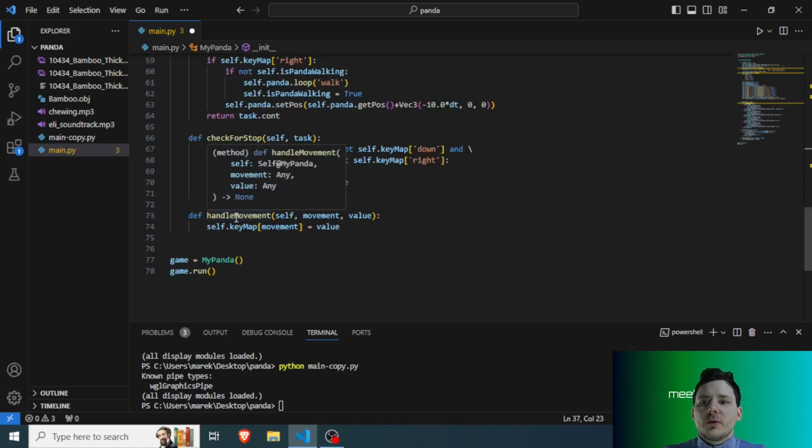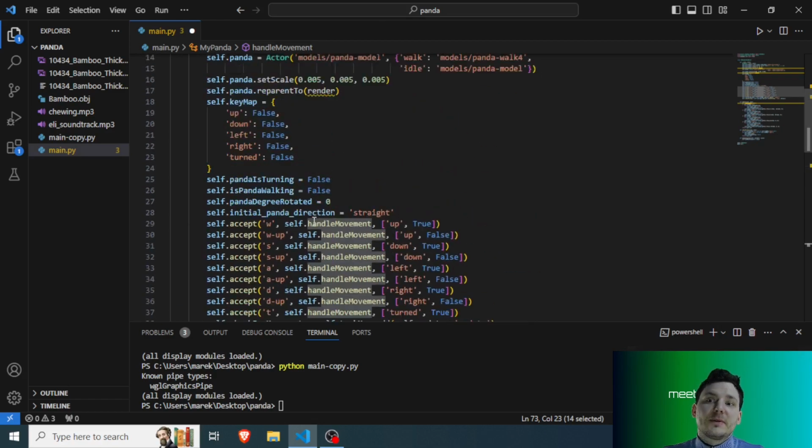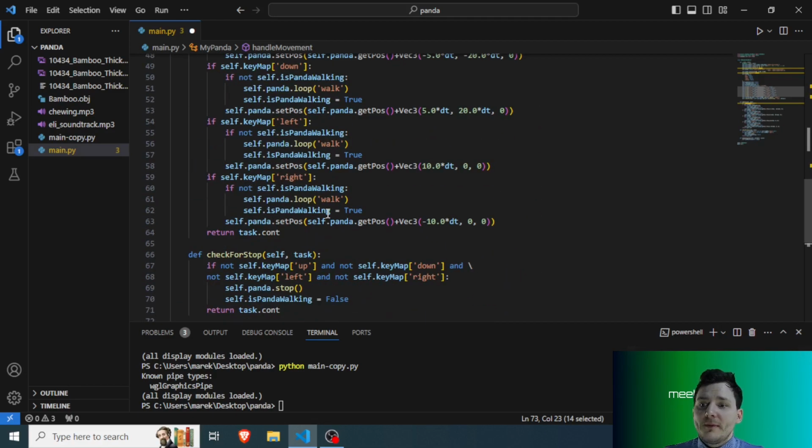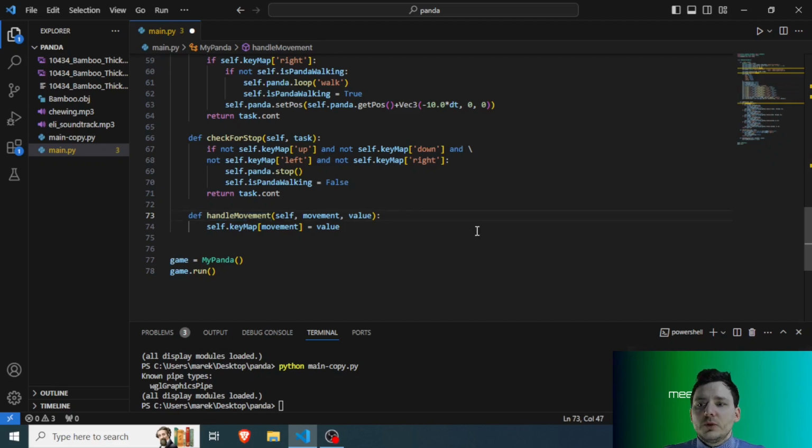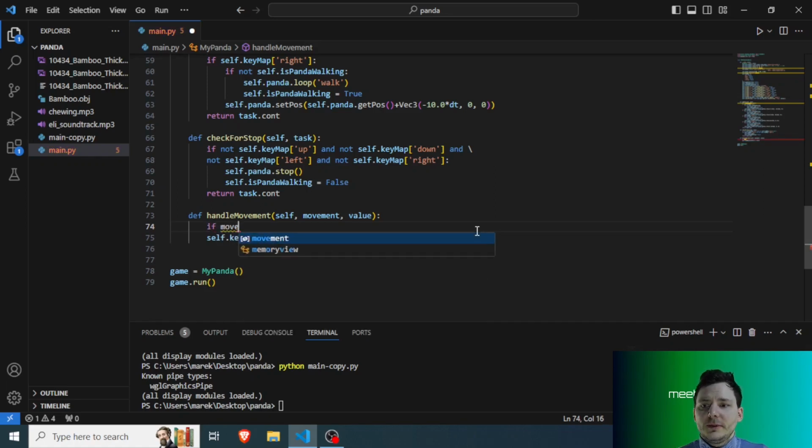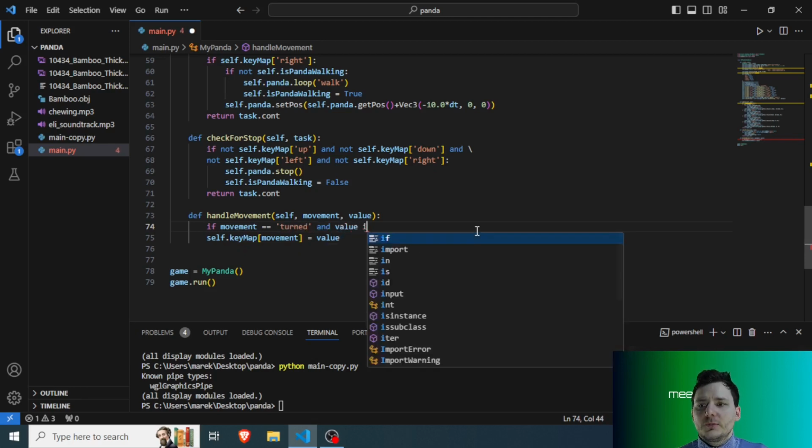From our previous session, you remember we've got this handle movement function, or I should say method, because it's within the class and that makes it a method. So what we need to do is basically check if the key was pressed again, and when the key was pressed again, what is the value of that turn key? Let me show you. If movement is turned and value is true,